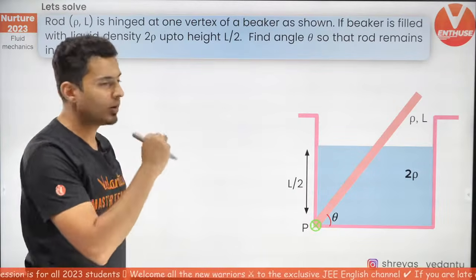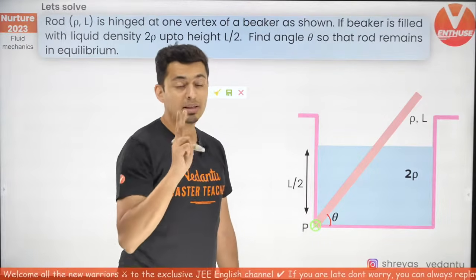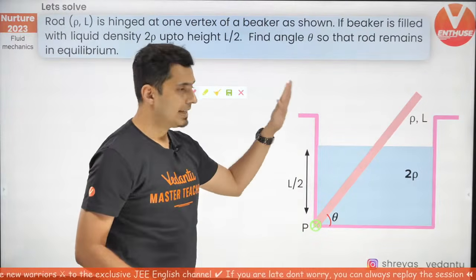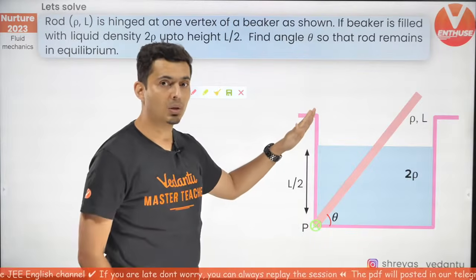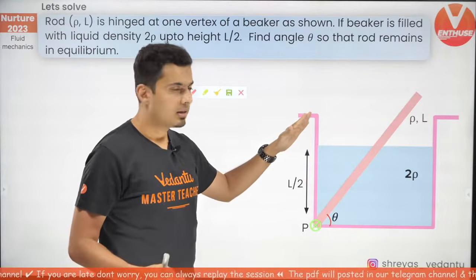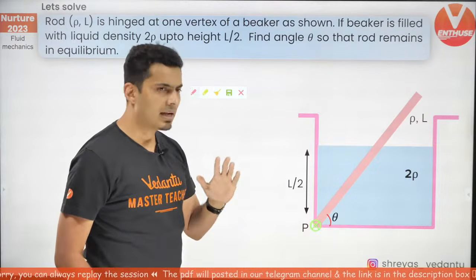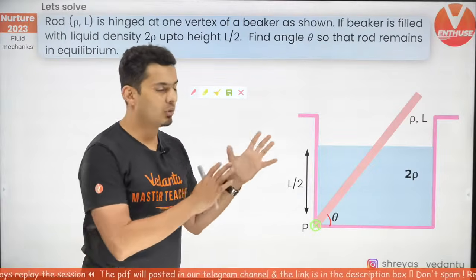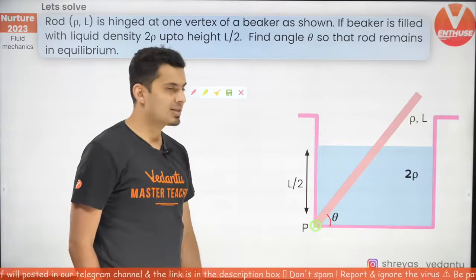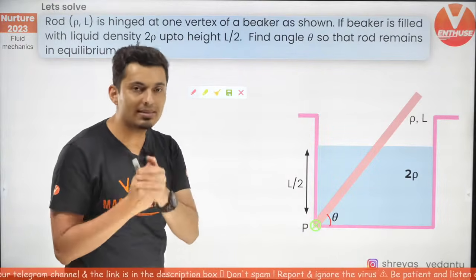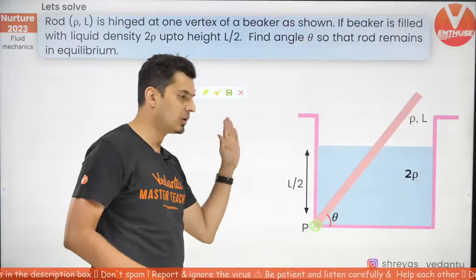Let's try to draw the free body diagram first. Without that, we cannot do anything. Now, there are two things to remember. This rod is not sinking, it's at equilibrium. So the net force is 0 and the net torque is 0. But the problem is I do not know the force acting on the hinge. So I don't think I can go with forces, because if I balance all the forces, buoyant, weight, etc., there is this reaction force which I am unaware of. So the best thing to do is to go via torque, and I know that the net torque is 0 because it is not going this way nor going that way.